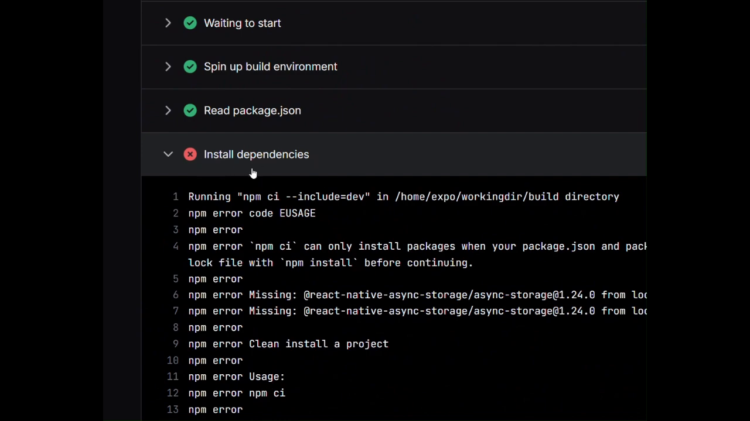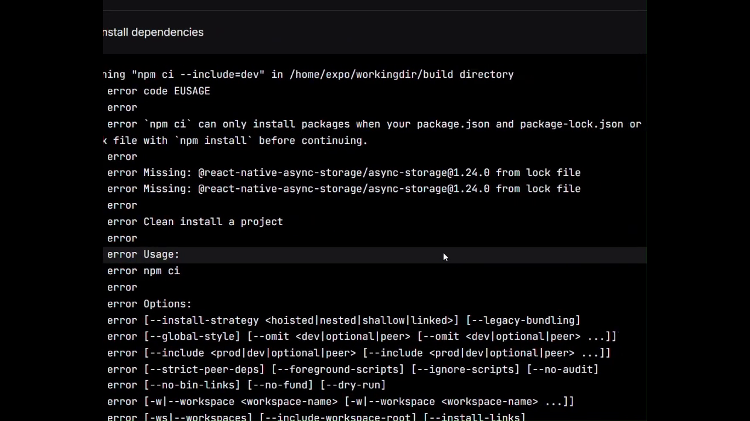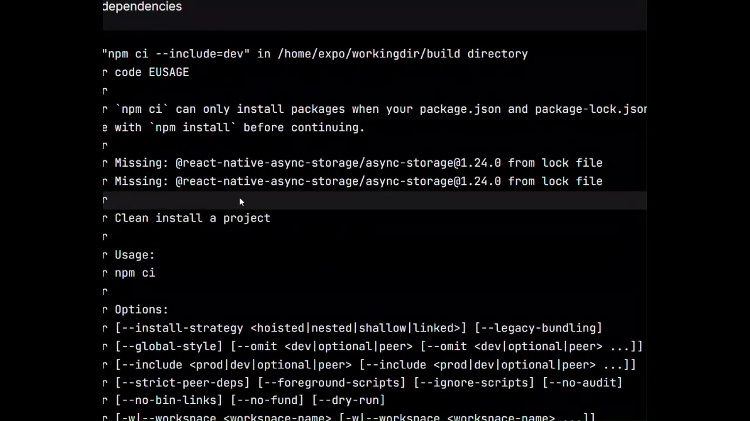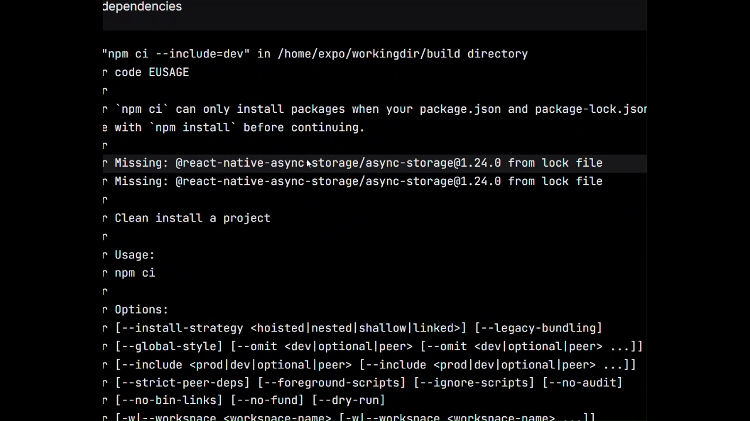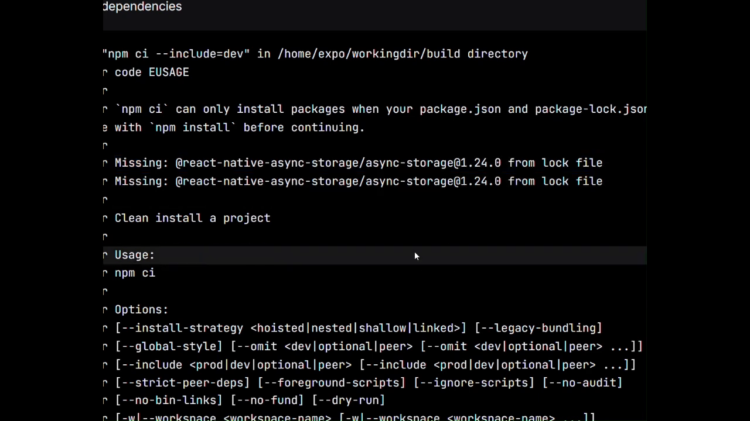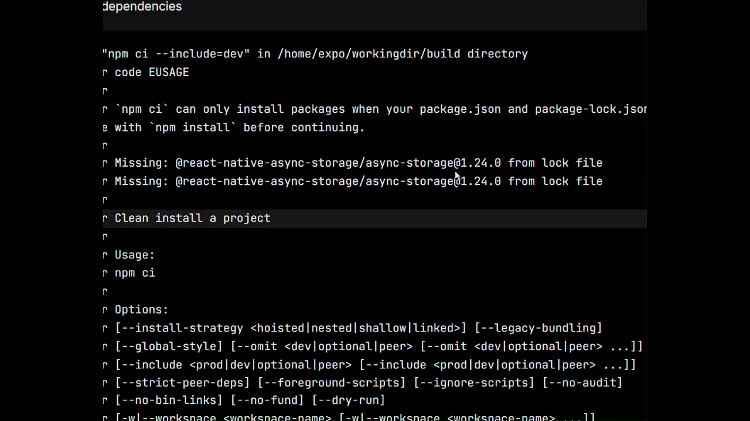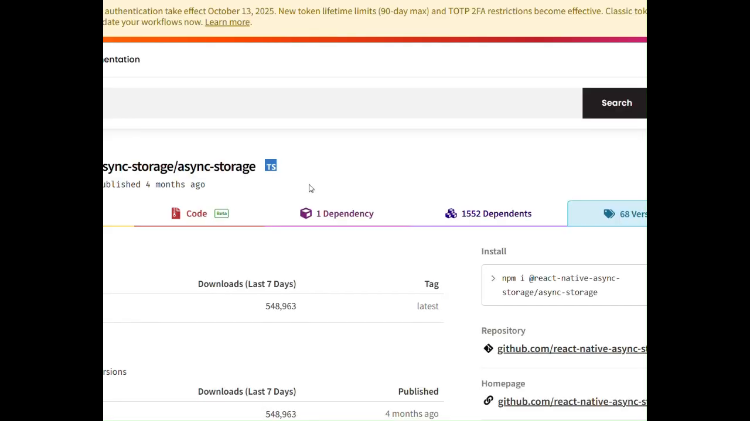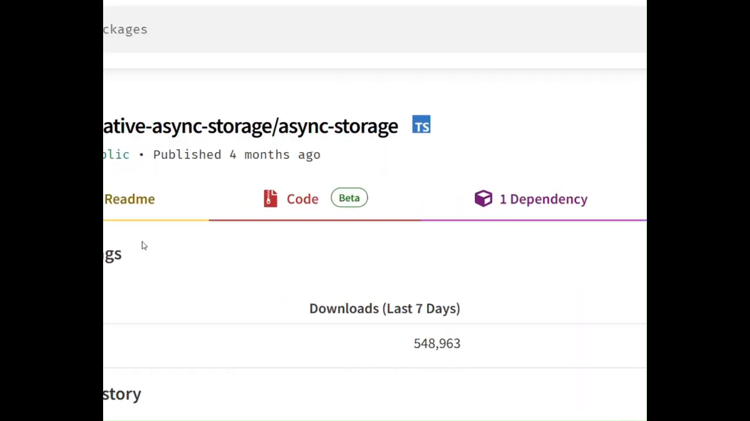The problem was that in my package.json, I had the latest version available, that was 2.2. But I simply pasted all these errors from Expo into the cloud. Here you can see that I was using the current latest version of React Native async storage, that is